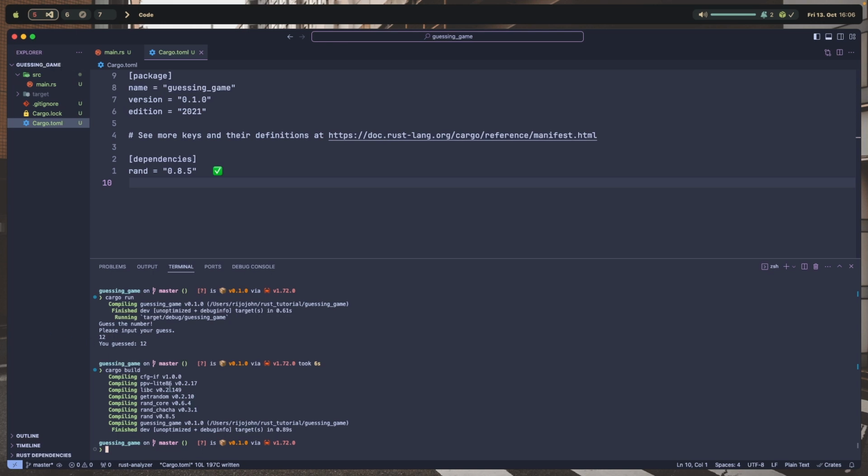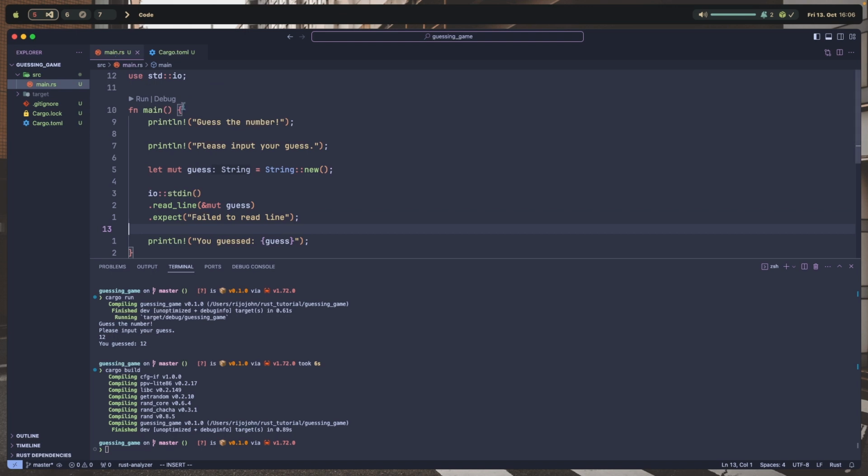You may see some versions that are different when you run the code, but because we have put 0.8.5, and thanks to Cargo's versioning semantics, it will ensure that the code will run as per now. So let's go back to main.rs and generate a